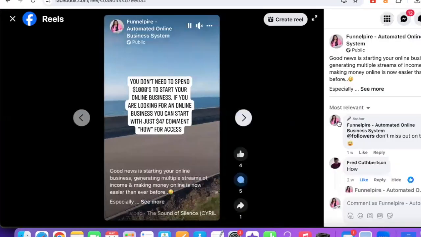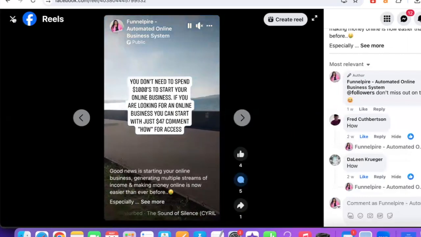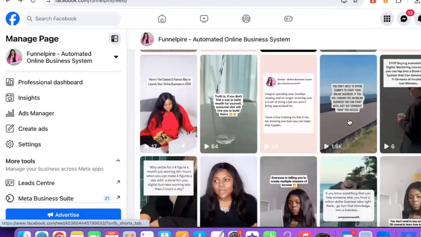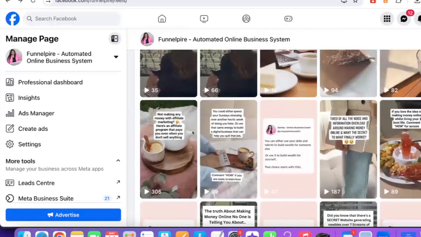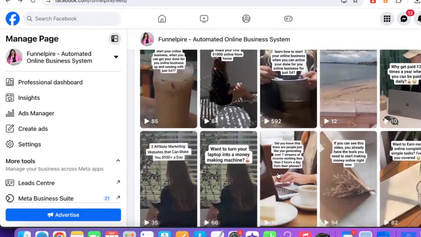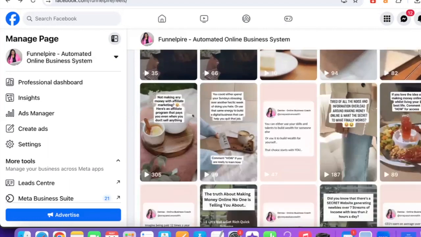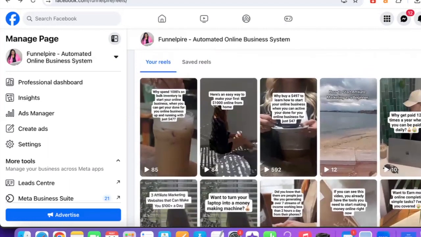This is all data that I can run an ad retargeting all those people. You can see there's people asking me how they want to learn more. So when they ask these questions, I then send them to my link, right? Which is the link to the product that I'm obviously promoting. So the beauty about this strategy is the fact that when you're posting on your Facebook business page, you can run a retargeting ad, just retargeting all those people that have viewed this content. They've left comments under your videos. Now I can run a retargeting ad, guys, just retargeting all those people.